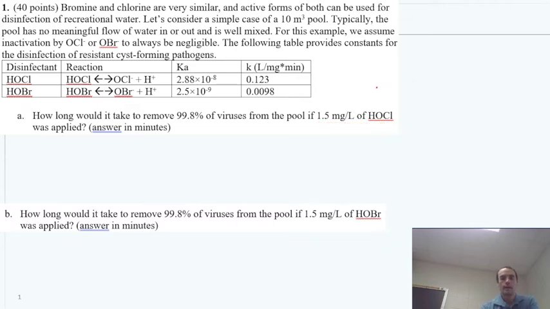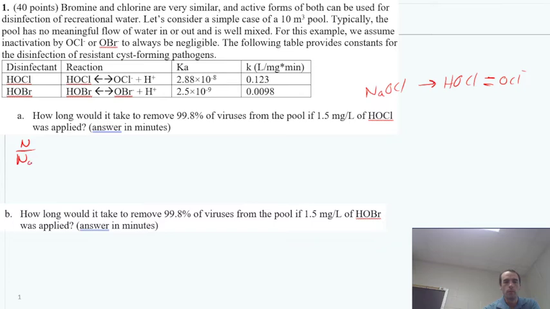We were not adding 1.5 milligrams per liter of, let's say, NaOCl, which would then dissociate to HOCl and OCl minus, right? So what I was specifically saying is we had that much of HOCl. That means there's some separate amount of OCl minus, but we did achieve this. So with that in mind,